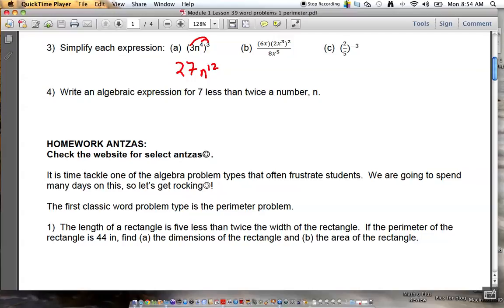That should be very routine. It should be very comfortable. You should look at a question like that and say that that's a piece of cake. Now, the next one gets a little more challenging because you have to apply several different exponent and mathematical concepts